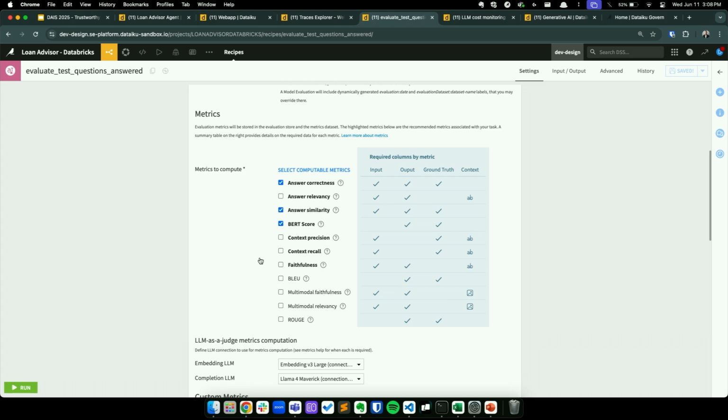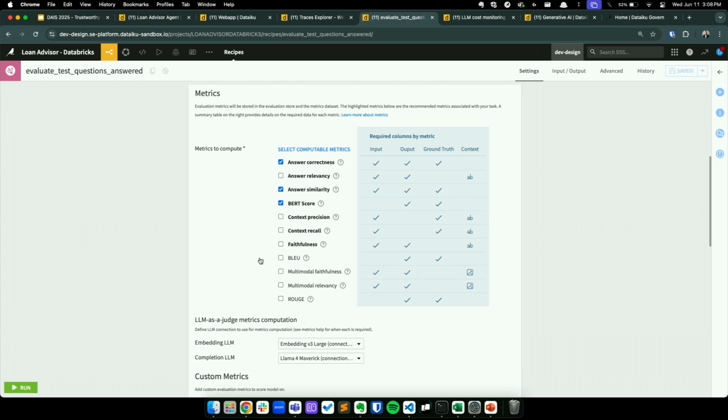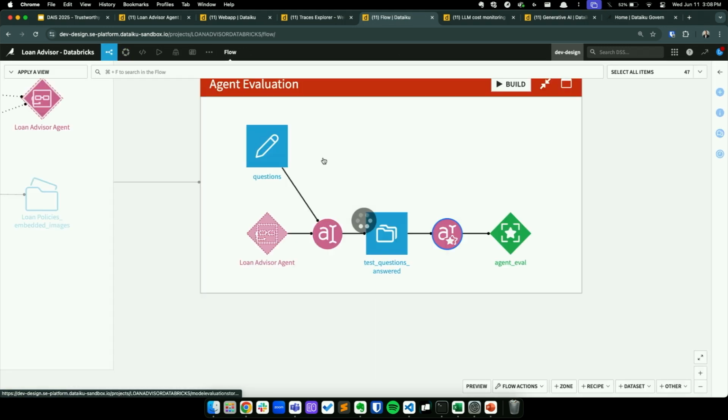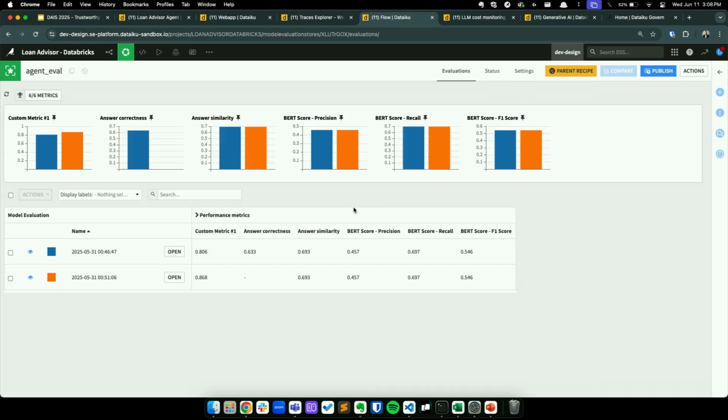So you can configure the exact metrics that you'd like to compute, and once you've done that, you get this view, we call it an eval store, that allows you to track the performance of your model over time. As you get more labeled data, as you get more responses, maybe you try different iterations of your agent with different tools and different LLMs over top, then you get these performance metrics that you can dig into,